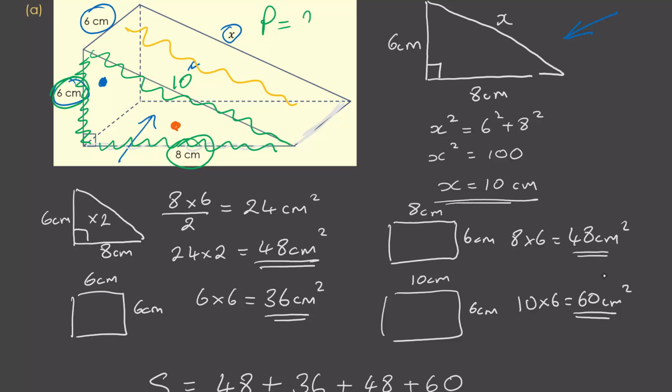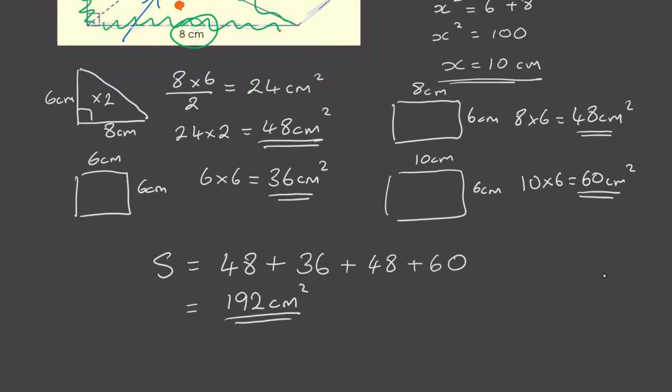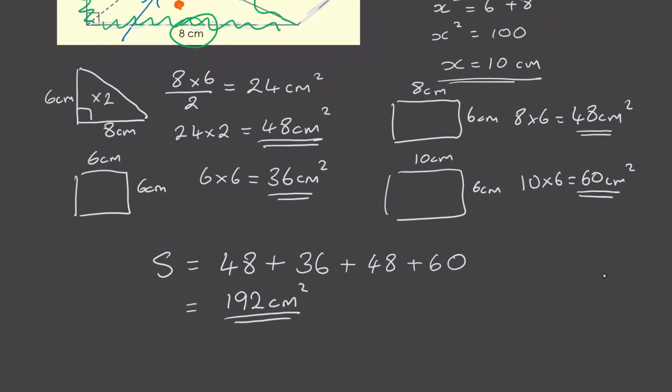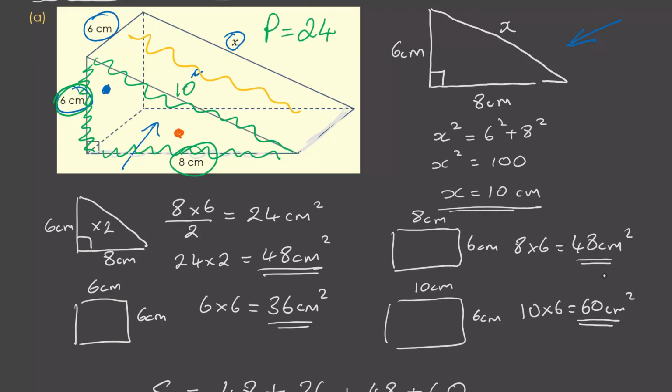So that would be 24. So this is the alternative: if I do that perimeter, multiply it by the width of the shape, which we know was 6, and that is, of course, this 6 up here,